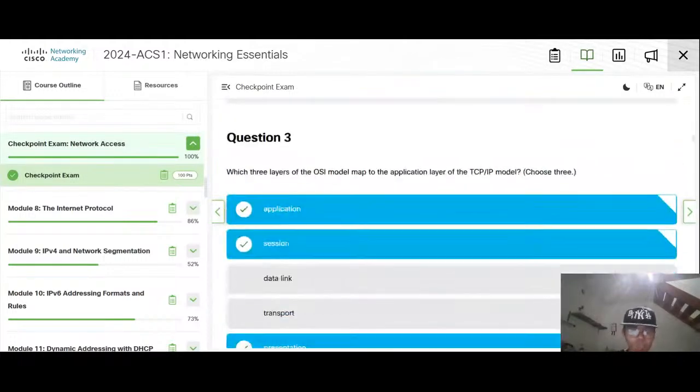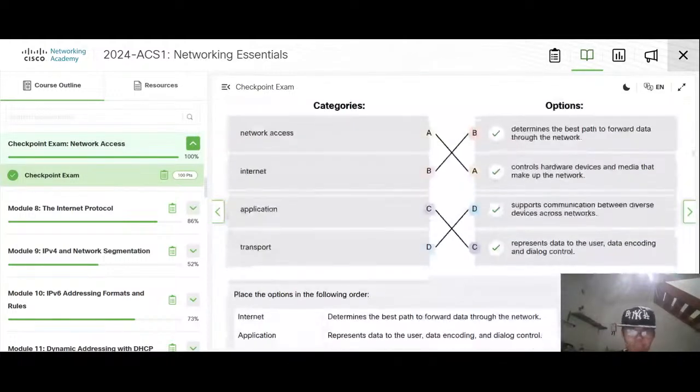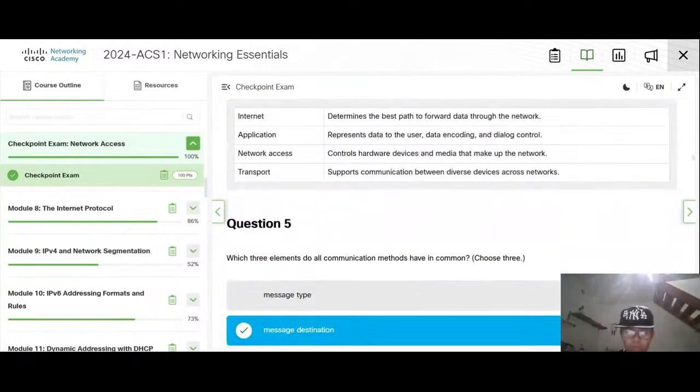Transport. Okay, it works. It's worth seeing that. Okay, all things okay. I think I can completely understand this.